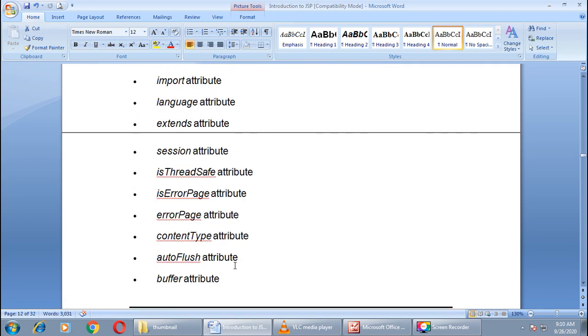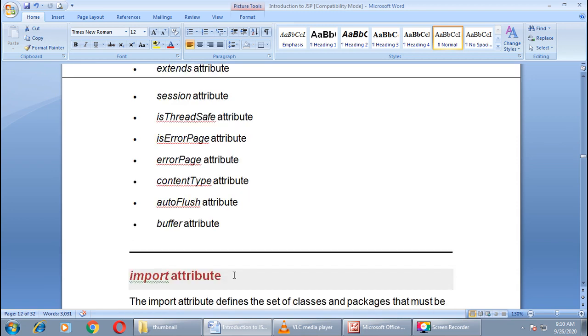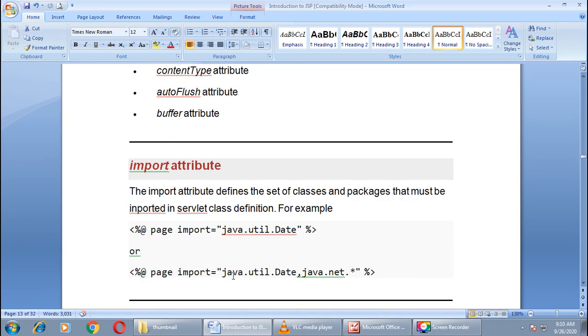Let us begin with the first one, import attribute. It defines the list of packages which are imported with the JSP page with its fully qualified name, right? Here you can see the import attribute defines the set of classes and packages that must be imported in the servlet class definition, right?